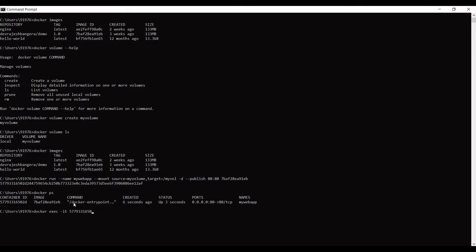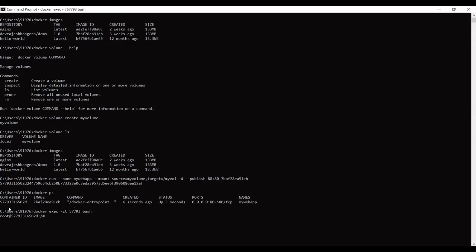You can always give a few digits of the container ID as a shortcut. This will also work. And then bash, which is the program to execute within the container. So I will execute bash. I will press enter, and there I go.